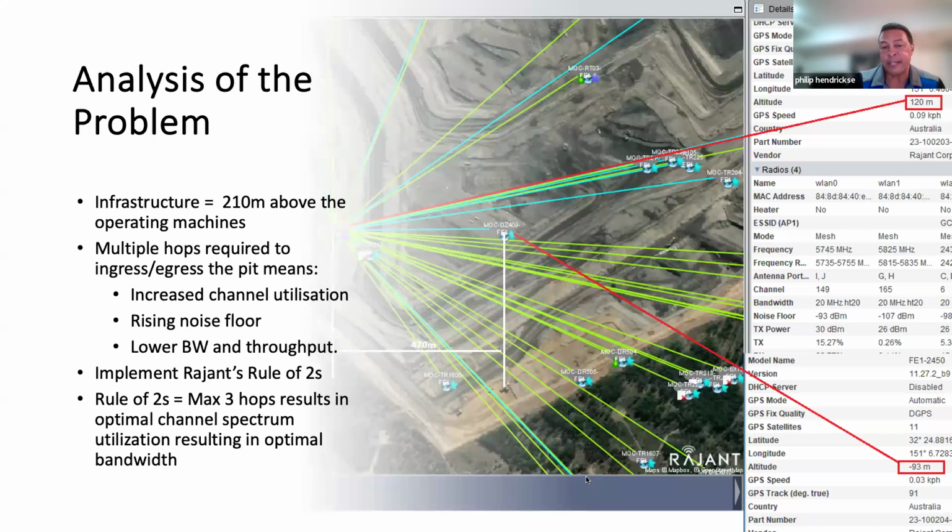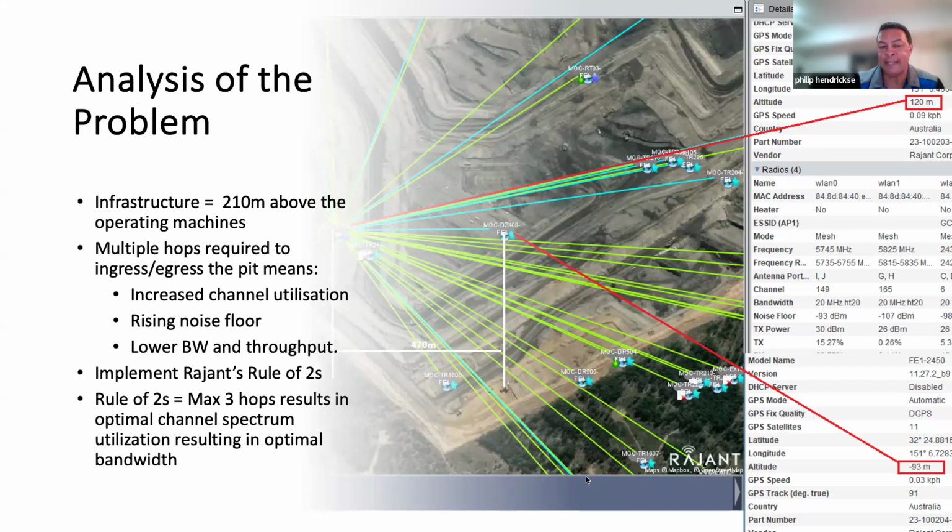What was occurring in this scenario was that the machines required multiple hops to egress the pit. When we were doing things like Instamesh traces and trying to do throughput checks, the throughput checks would fail to start. The Instamesh traces would go through about 4 or 5 hops, then come up with an unable to complete trace. Steve spoke about the rule of twos, right? The rule of twos states that each breadcrumb radio needs to be able to see at least 2 other radios with good SNR and cost. Once you implement that,